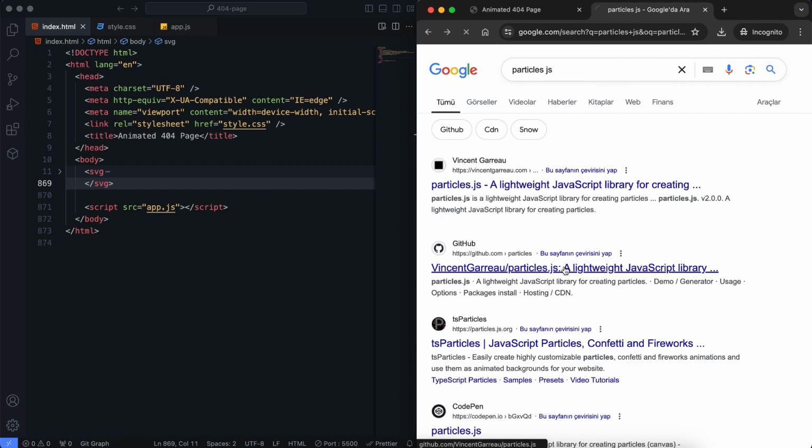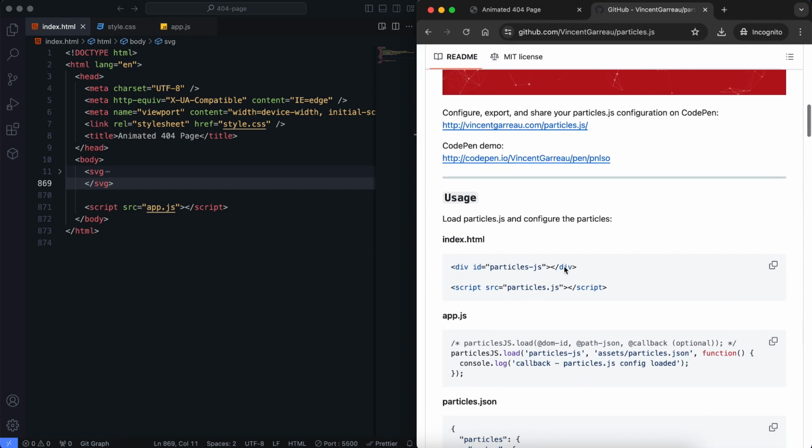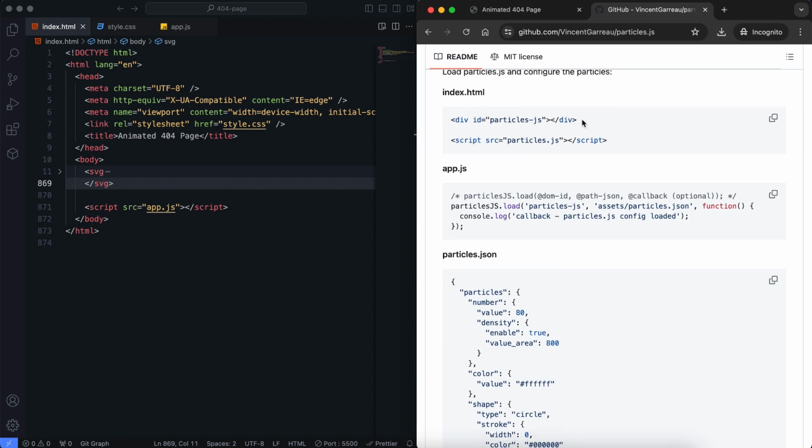In this tutorial, I'll use the GitHub repository of Particles.js because it is more practical. Let's add this div for the animated background.